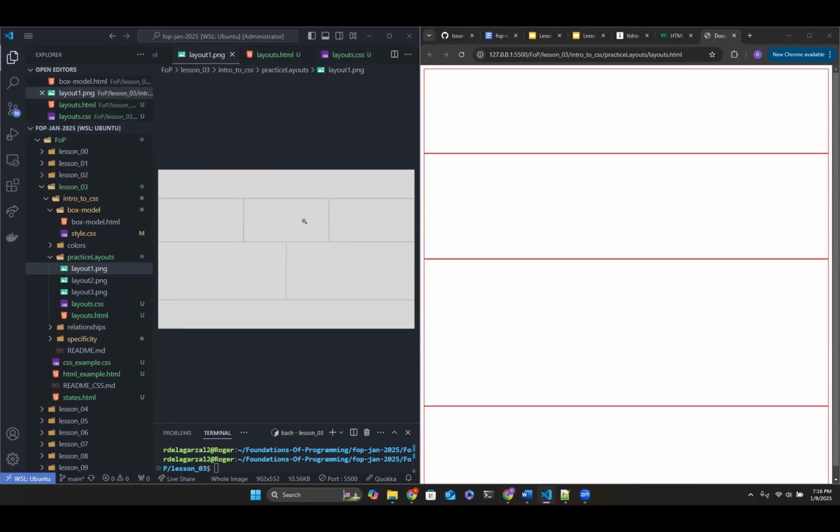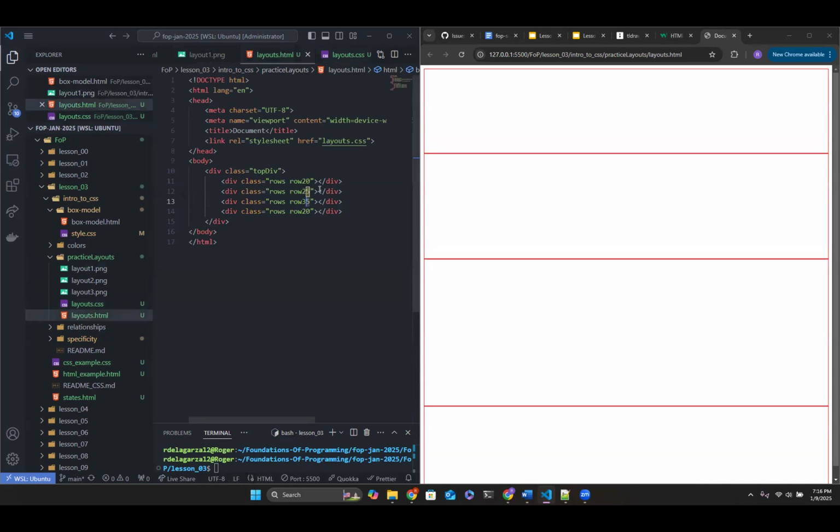Now we can tackle these divs that are supposed to be in row 2 and in row 3, right? But these divs don't exist yet. So let's go to row 2, and we can add 3 divs in here. We'll say div, and we'll copy these right here.